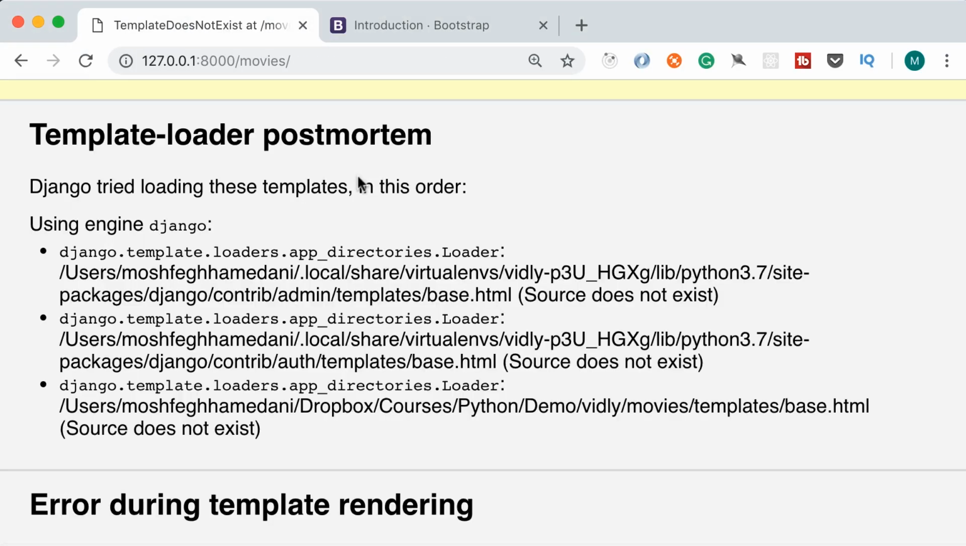We got a template load error because Django cannot find our base.html template. Once again, look, here are the paths it's searching for. So it's looking for admin/templates/base.html. Similarly, we have another path for our auth app and one for the movies app. Now look at the path that is used for the movies app. That is